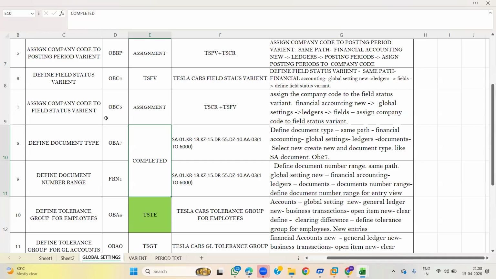Document type is used to classify and manage different kinds of transactions, such as GL transactions and vendor and customer transactions. For every document type we assign one number range, and that number range will be reflected in the document at the time of accounting entry postings.